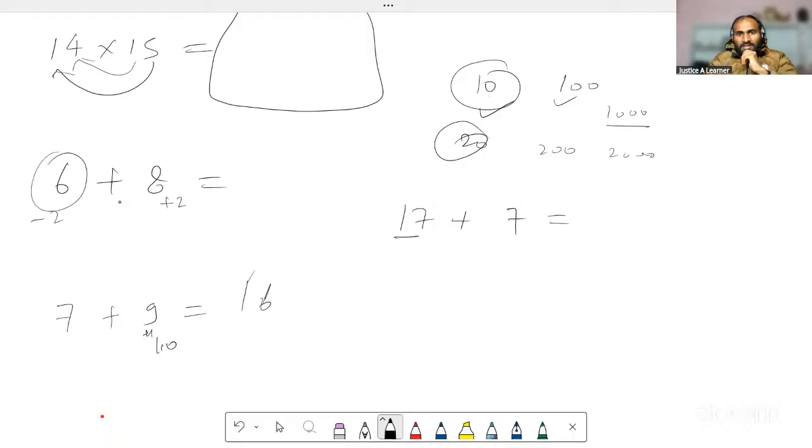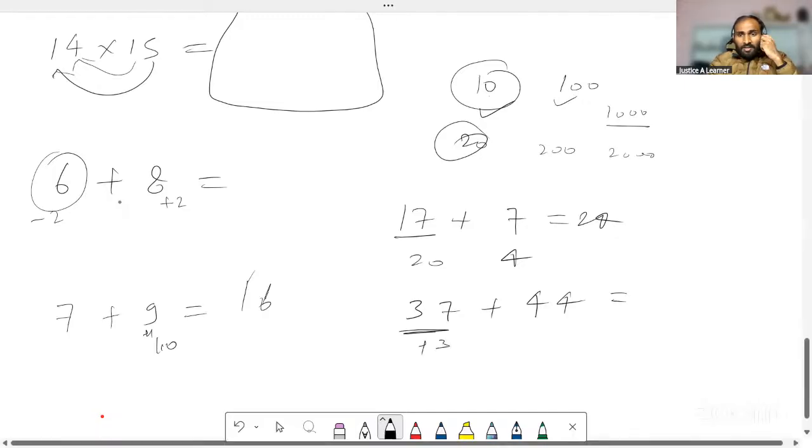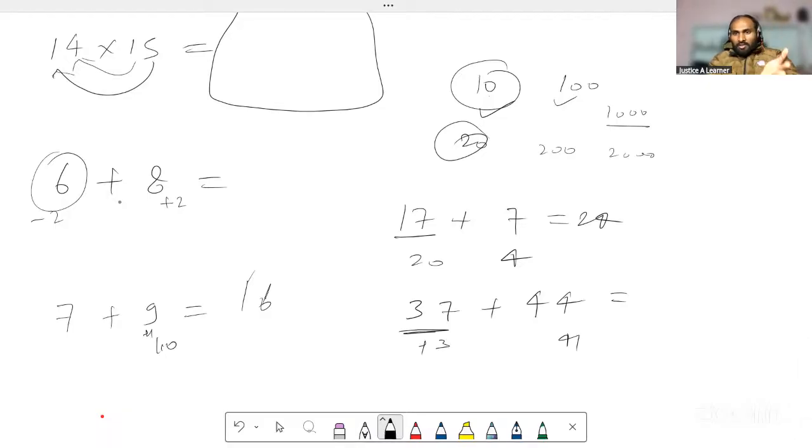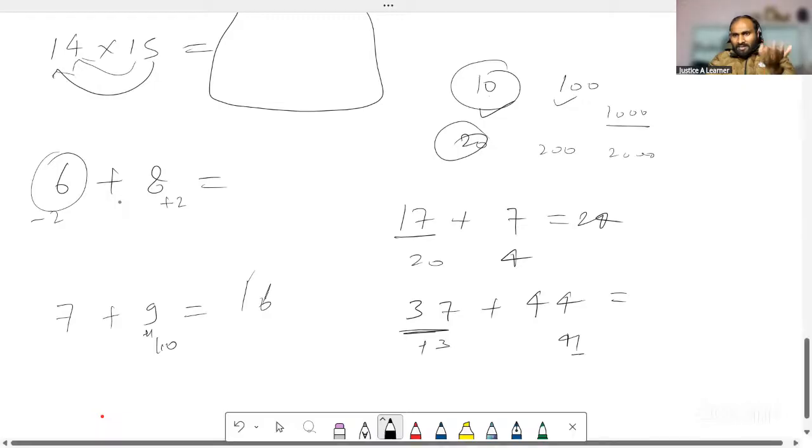So I know this needs only 3. So I will give 3, 20, and then this would become 24. So that's easy. Now 37 and then let's say 44. It is easier to get near a 0, that is 40. So I'll give 3 to it, right? So this is 40 and 41. I simply know it. I do not need to do much because I know that 4 minus 3 is 1, right?